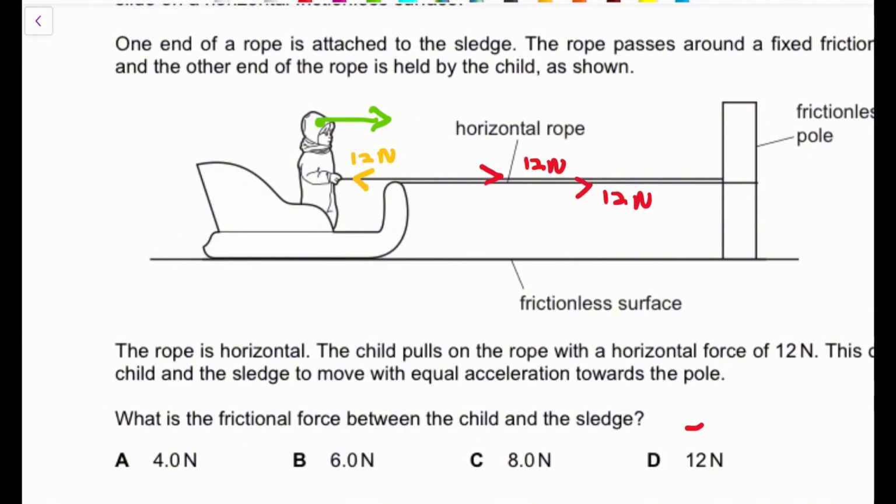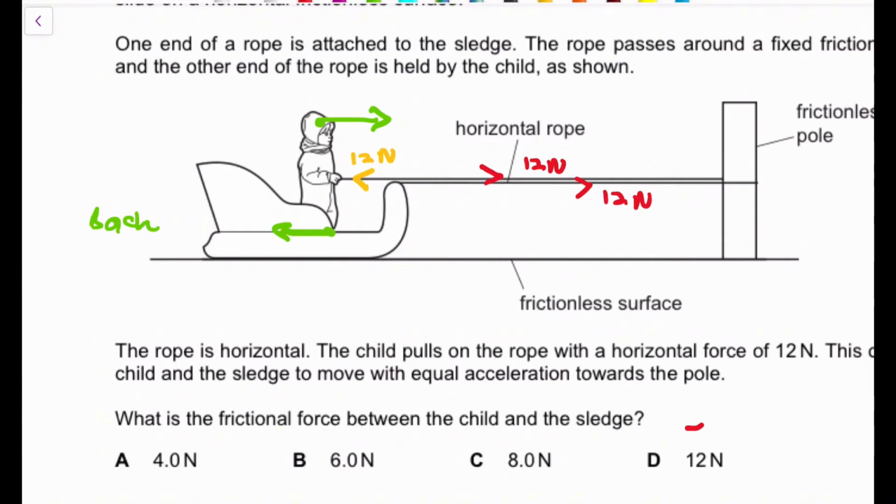The frictional force is going to move backwards, because as the child tries to move forward, the frictional force is going to push the lorry backwards. But friction is going to force the sledge to move backwards. And as the sledge tries to move back,